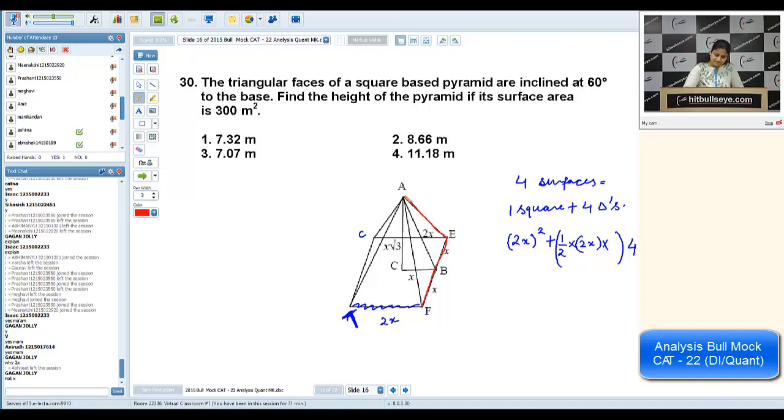Now time to use that 60-degree thing that is mentioned in the question. What is the base of this triangle? It will be 2x. Okay. Now what was the thing given? It was given that the 60-degree is the angle between the triangle and the square base. So if I take this triangle, let me use another color. If I take this triangle ABC,